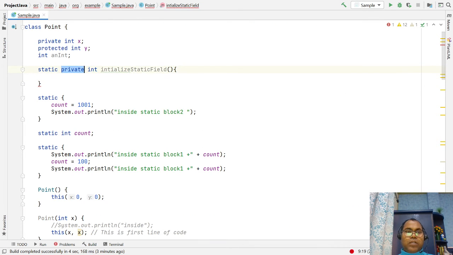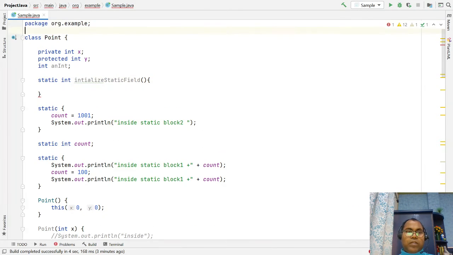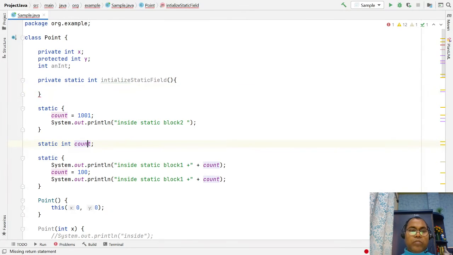And this is the general order; you can write any order, but generally access modifier, then your scope, static or non-static, then data type. Then here, let's say you declare the same count two variable, count to one.